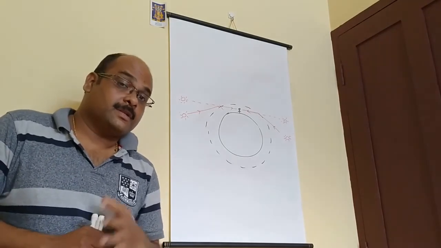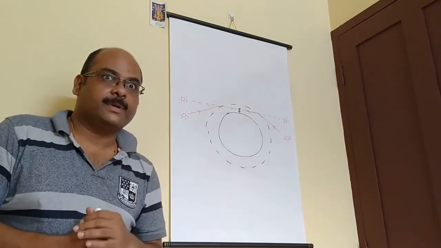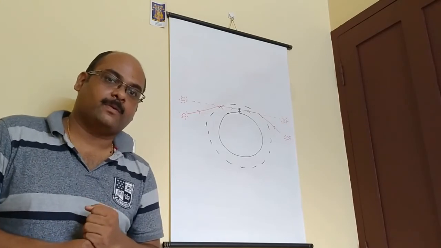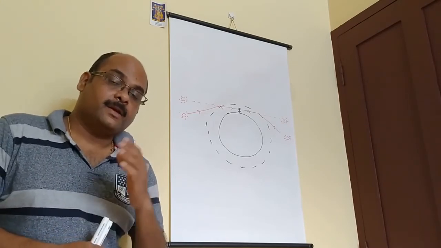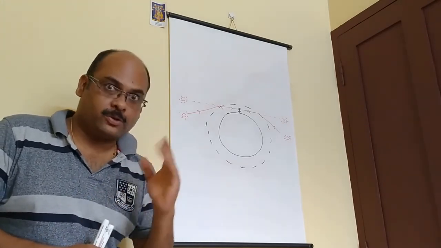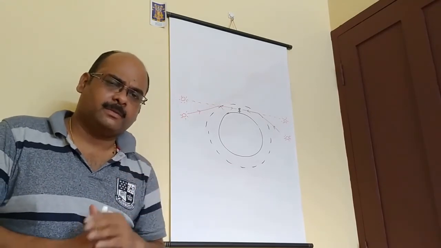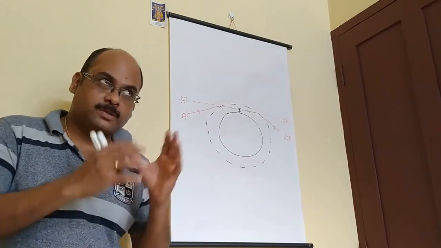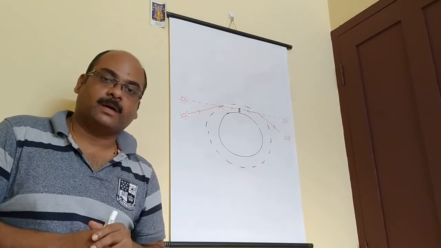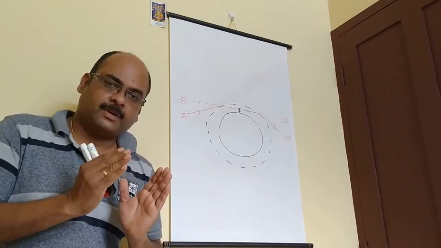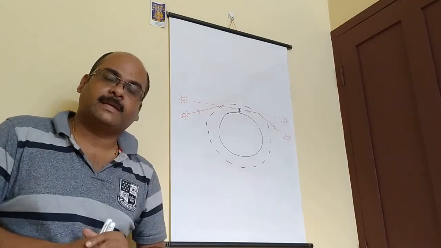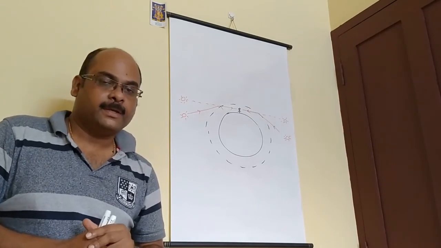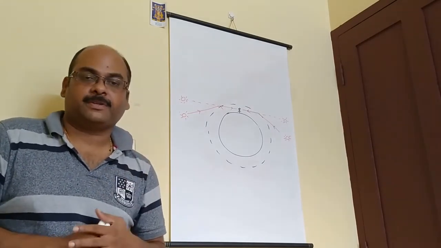And when you consider, the stars are twinkling but planets are not twinkling. Why? It is because the planets are very close to Earth. Stars are very far away from the Earth, planets are closer. So a large number of rays from the planet will come. So on an average, many rays come. So on an average, you will never feel it as twinkling. Okay. So this is about the refraction.